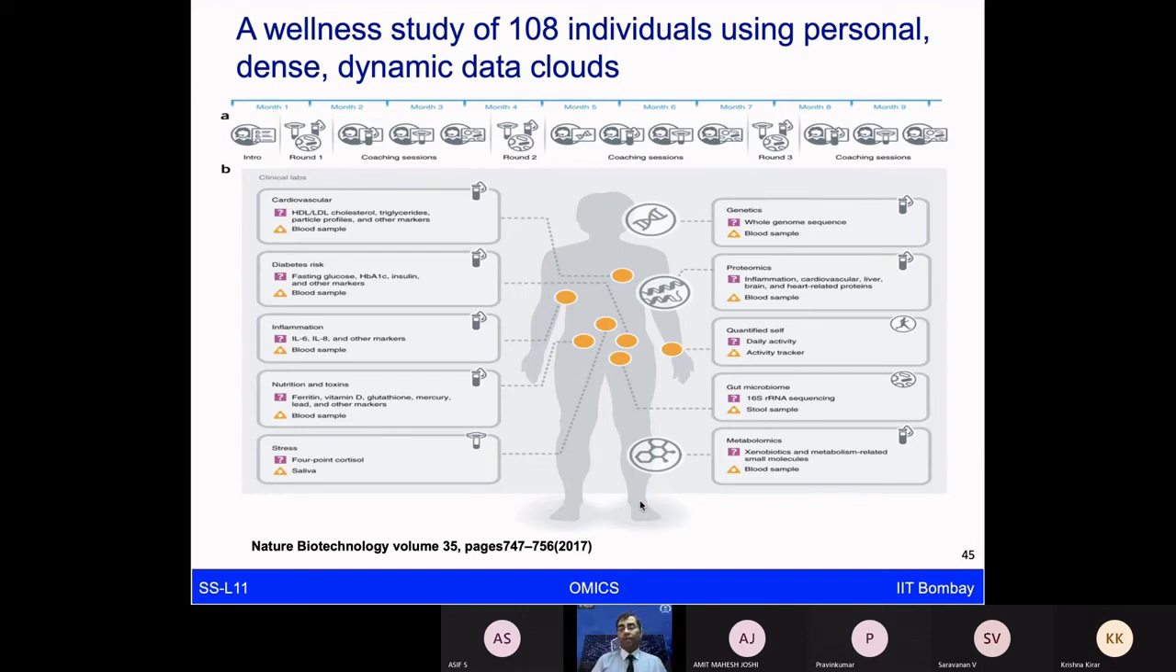They took 108 healthy individuals and looked at their samples longitudinally, as you can see, over a 9-month time period. These samples were analyzed in very close consultation with the coaches, the medical nurses and doctors, as well as the omics scientists. The entire data gave a lot of indication that some people were having cardiovascular disease, some were at diabetic risk, and how they're behaving and how they're going to become more prone to any of those problems. So now you